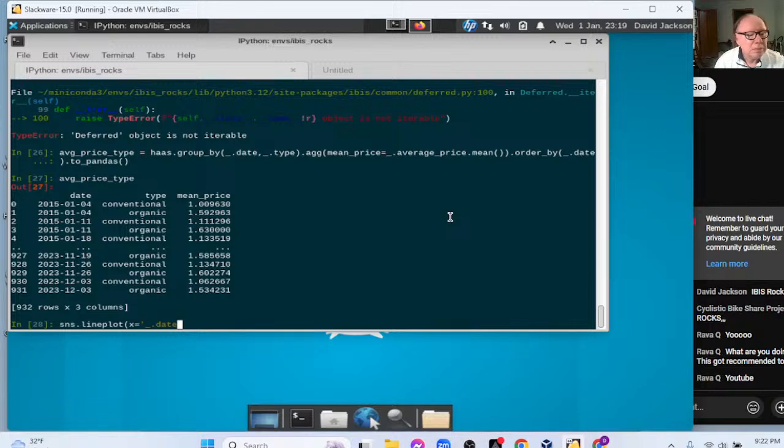Let's do this. SNS dot x equals, right? Again, the period represents the data frame. Oh, no, okay. We don't need this here because the data frame is named separately, although we probably could do it actually.